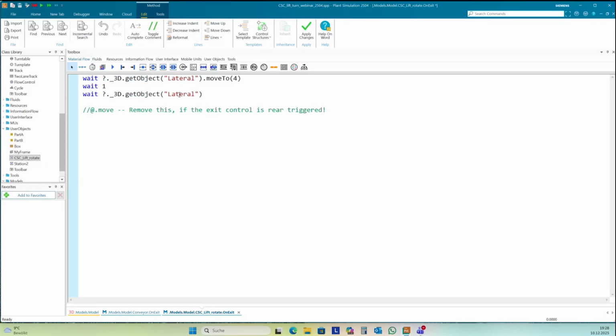But so we only address lateral, and then from lateral we can address the next one. It's vertical. Move to minus 0.5.